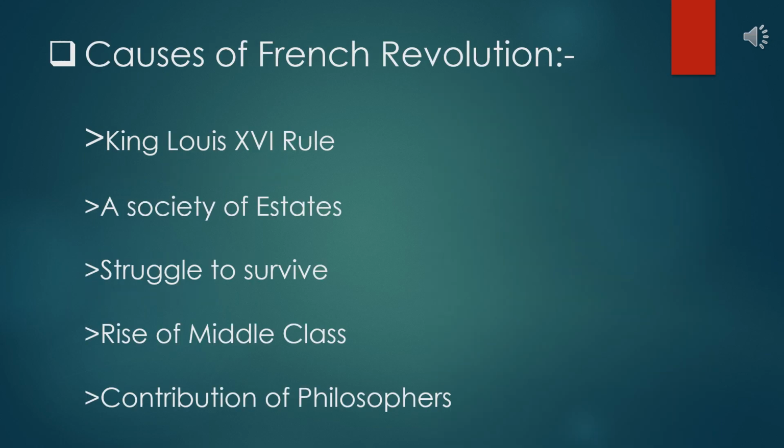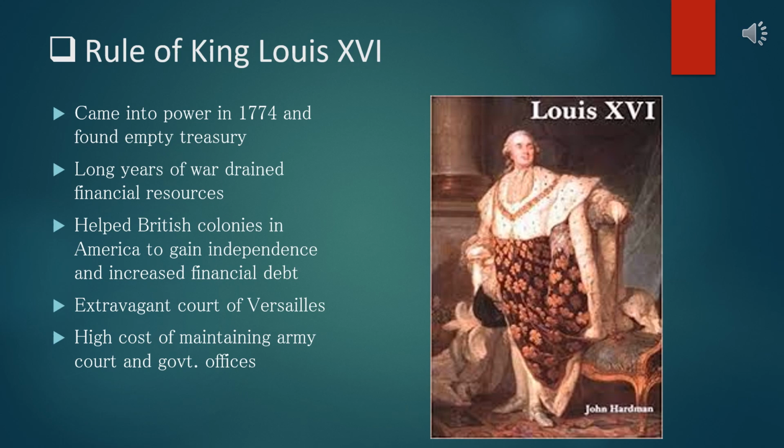But students, this attack on the Bastille prison was not because of any one day event. It was just an immediate event leading towards the French Revolution. It was the result of the sufferings of the French common people. Thus, it is very important to understand why people suddenly stood against their monarch and what were actually the in-depth causes of the French Revolution. So students, let us study all the causes of the French Revolution in detail.